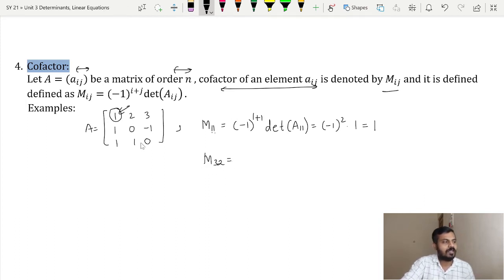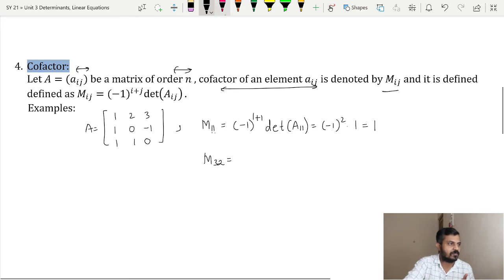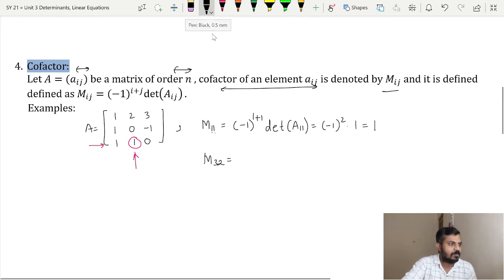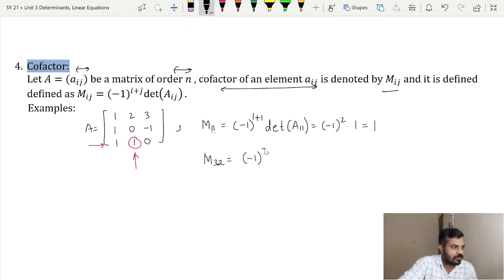Now whenever I say m32, we are supposed to see the element in the third row and second column. So which is the element in the third row? This is our third row and this is our second column. So this is that entry, right? The A32 entry, let us say. So the minor of that element will be, again, minus 1 raised to 3 plus 2 in this case, and determinant of A32,